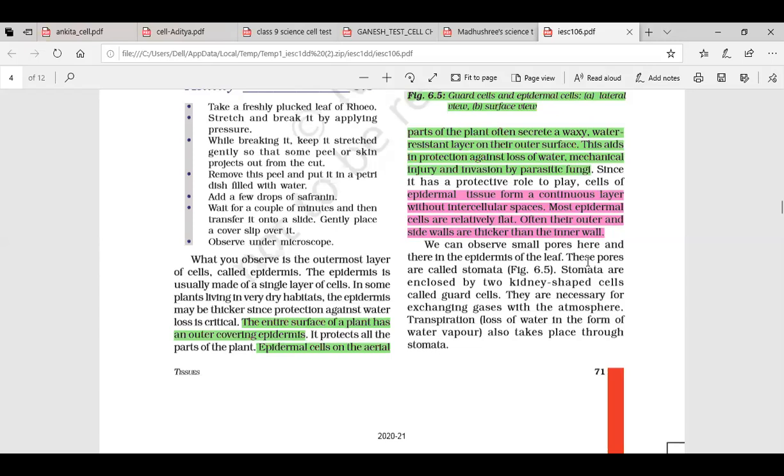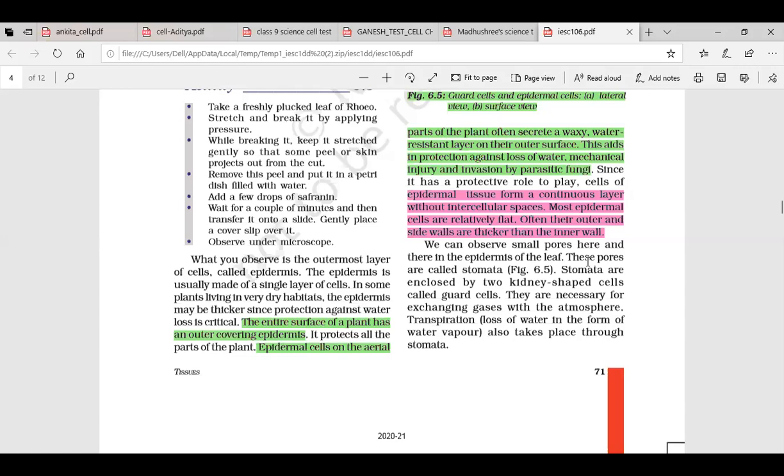In the form of water vapor from plants. Yes, excess water can be evaporated out, excreted out in the form of water vapor. Transpiration is actually evaporation, but happening naturally in the plant parts. Excess water in the plant will get evaporated out from the leaves. That process is called transpiration.